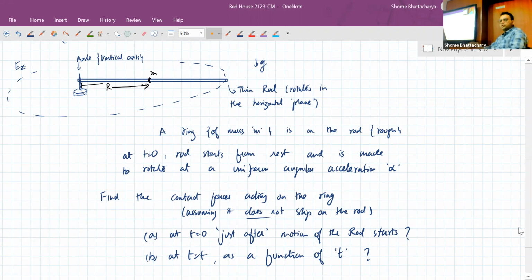So make the FBD accordingly. You in fact have two components of the normal reaction force. One is the vertical component and the other is the tangential component in the horizontal plane. And you have friction acting radially inwards, in the centripetal direction, and you have mg. So actually there are three forces: normal reaction, friction, and mg. But that normal reaction you're breaking into two components, one vertical and one tangential. And accordingly your acceleration has two components: centripetal acceleration and tangential acceleration.